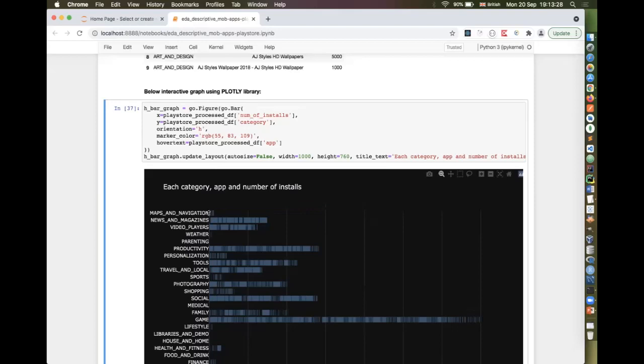Here, maps and navigation, for example, has Waze, GPS maps, and it's been installed 100 million times. Another app in this is DB Navigator, which has been installed 10 million times. And if you go to news and magazines, the Google News app has been installed 1 billion times. For video players, the YouTube app has been installed 1 billion times, and so on.